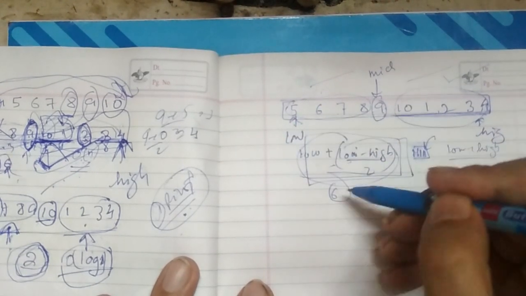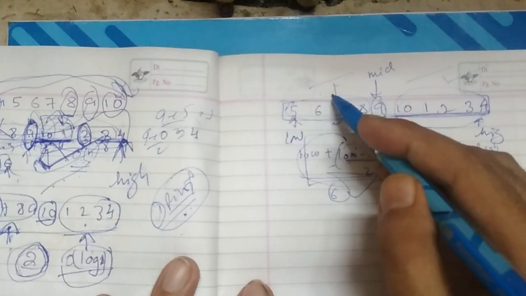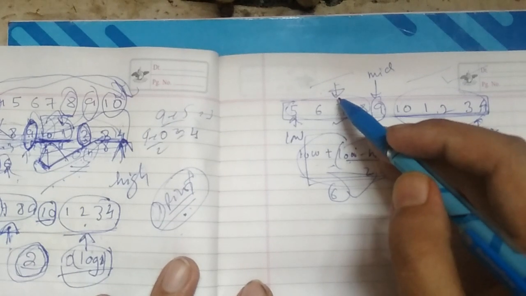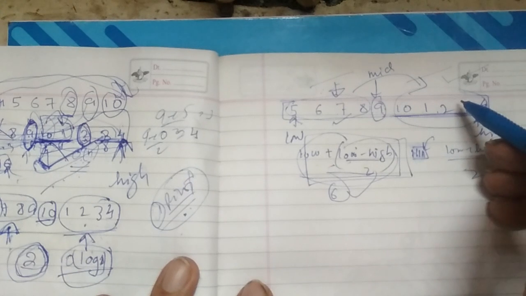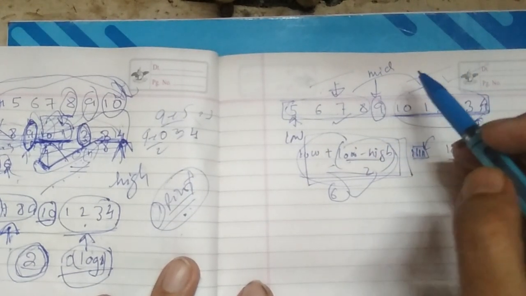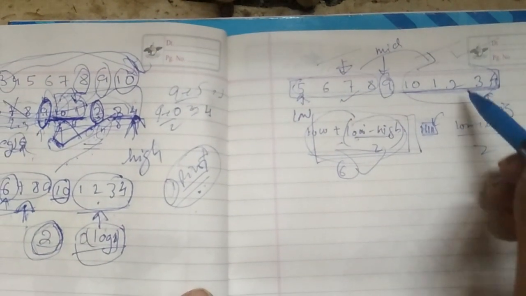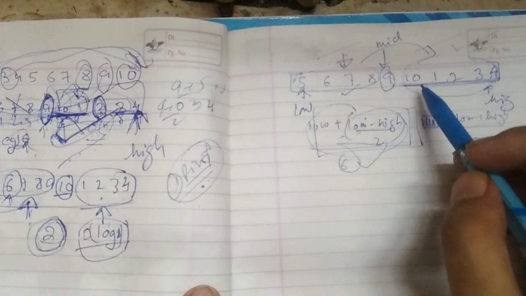So we will check whether this element lies in this range. If it lies in this range, then we will continue our search in this half and reject this half. If it doesn't lie in this range, then we will go to the second half and check our element in that half. By following this procedure recursively, we will be able to find whether the element is present in an array or not.